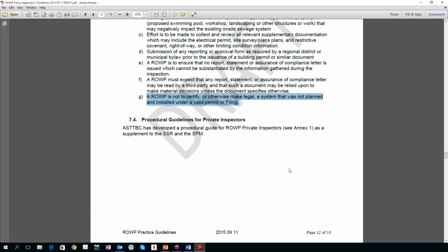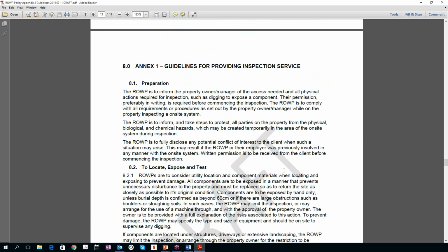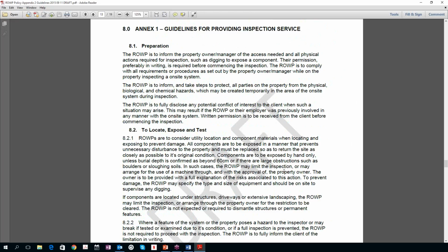So now we get procedural guidelines for inspectors. And I've got to kind of pick and choose what we're going to talk about. If you see anything that you want to talk about, just speak up. But we could go on all night. I think the first point is worth highlighting. There's access needed, so you need to inform owners, and particularly you need their permission. There's a whole world of trouble waiting for you if you don't have something in writing, even if it's only an email. Emails are great to prove diligence. So the email can say, just confirming that I have your permission to enter your property tomorrow afternoon.